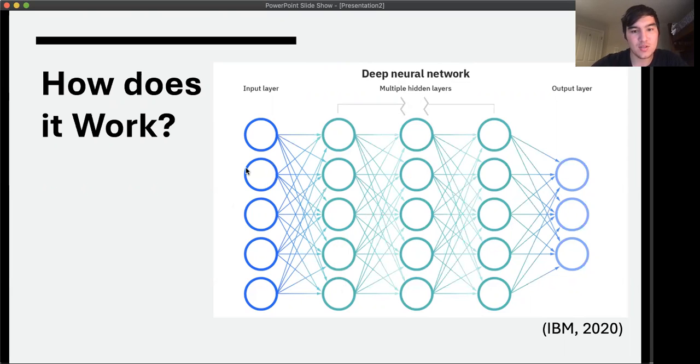And it keeps going, right? And what you're going to end up having is a bouncing around until you have a decision at the end. And based on that decision, if it's a correct decision, the weights are fine. If it's an incorrect decision, the weights will be adjusted based on the correct decision. So it's a lot easier to feed information. It's a lot more accurate, and it can be a lot more extensive. So this is a very simple model, but these can go on. You can have hundreds of nodes, and they will go on forever. And each node has to connect to this one. So what you end up having is tons and tons of lines. And so that's the more accurate part of it.